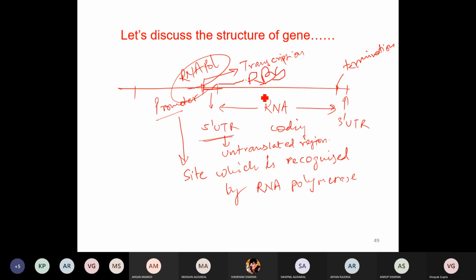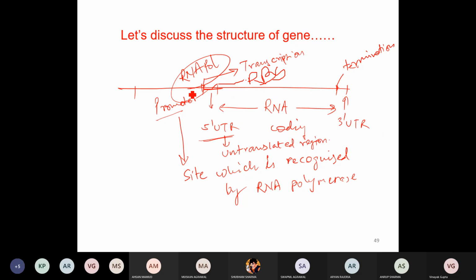Okay, now let's say if a mutation is there in the 5' UTR, what can happen? Sir, RNA will be transcribed, but it will not be translated because a ribosome will not bind. Yes. So there will be difficulty in the ribosome binding site. And it depends what kind of mutation is there. Maybe sometimes mutations are there so that RNA polymerase can bind to the promoter, but it cannot bind very efficiently.